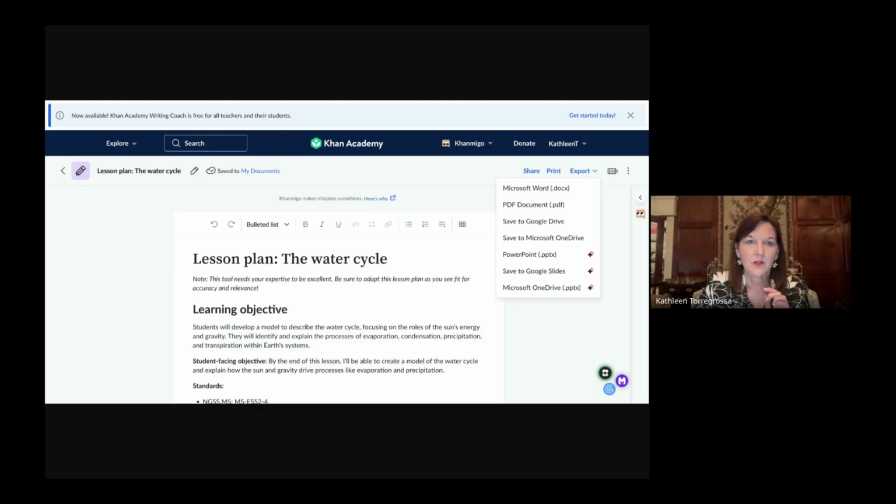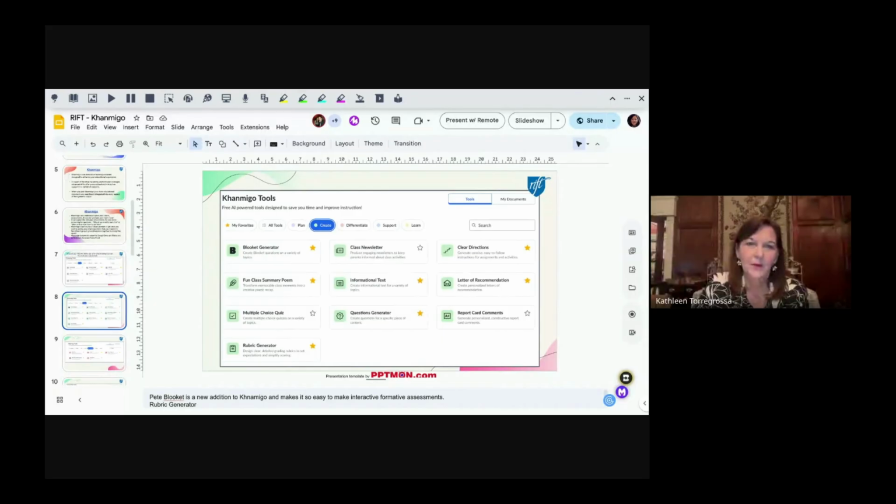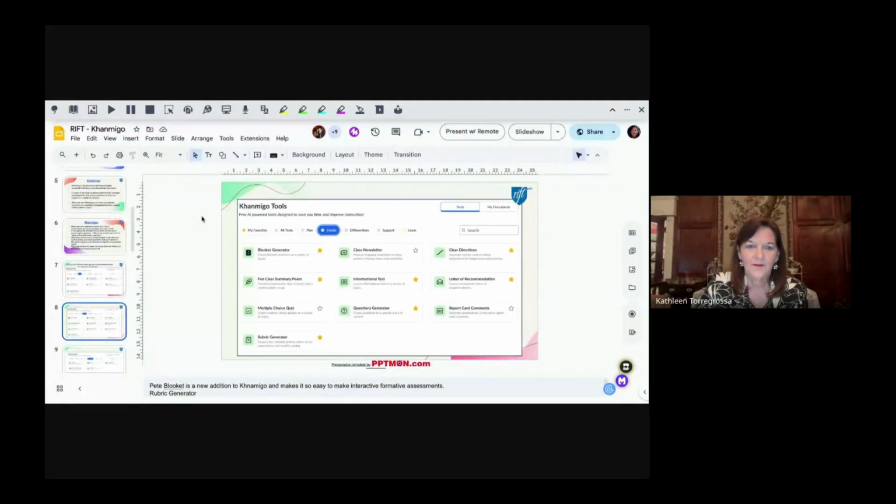Let me just come back to here. You can just share a different tab. Present something else. I want to come back to my slides. There we go. Okay. So that's an example of what you can do with that.